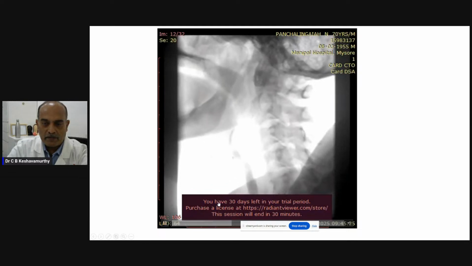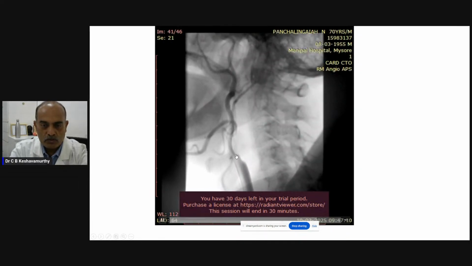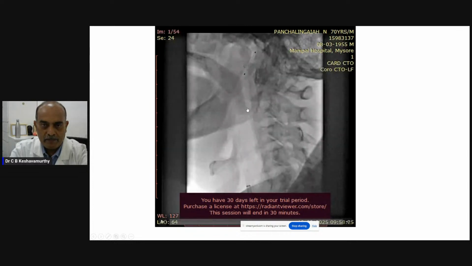We went ahead with an intervention. Here you can see the total occlusion. This is the external carotid artery, which you can see there. So we went ahead and passed a wire through this total occlusion blindly, and then we put a distal protection device. Since we knew the type of stenosis, we could pass the distal protection device.